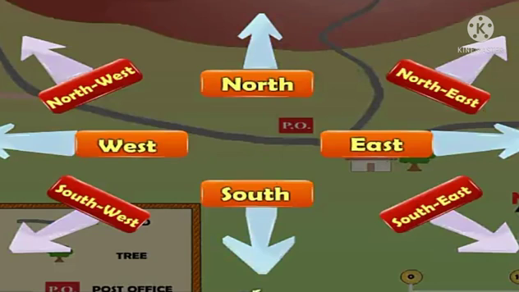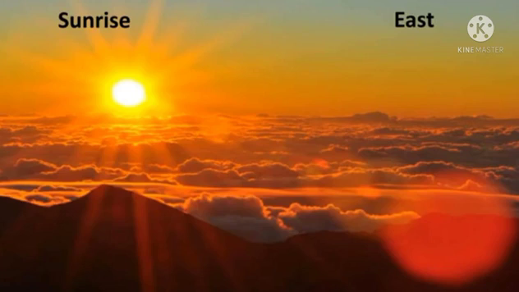Directions are always parallel to the ground. A map must always be aligned to the local directions. Here, aligned means to arrange in a straight line. This makes it easier for us to understand the map and the region. Directions and subdirections have been determined by man on the basis of the rising and setting of the sun. Thus, nature can be our guide.